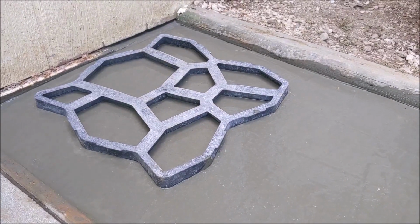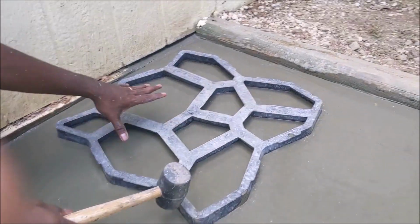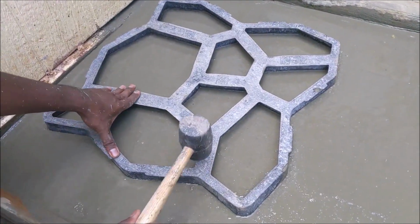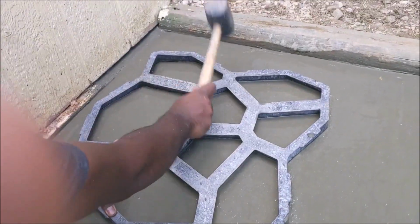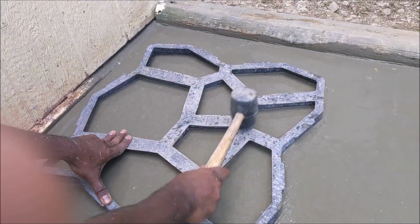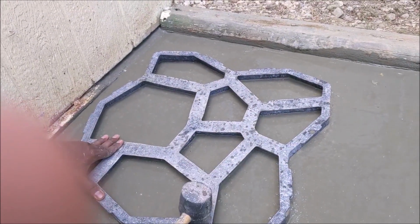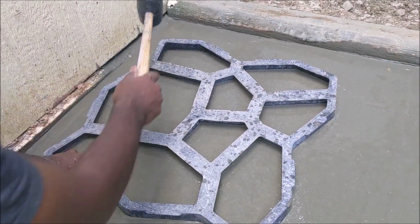Alright, so if you're going to use the foam, you basically put the foam in the right place where you want it, and then you beat it. When the concrete is too wet, it'll splatter around, but when it's slightly less wet, beat it so about 1/4 inch goes into the concrete. Evenly beat all the way around,